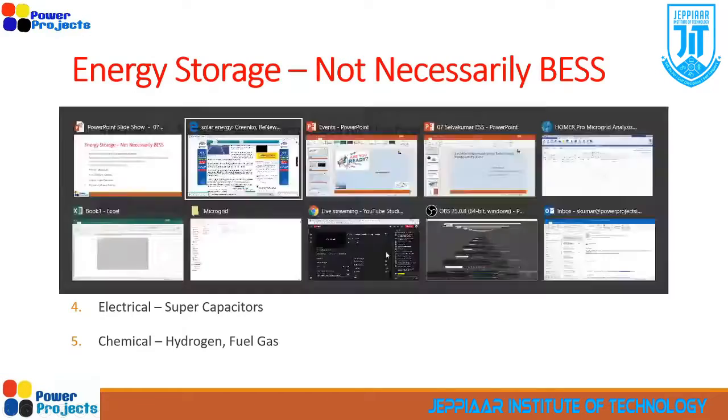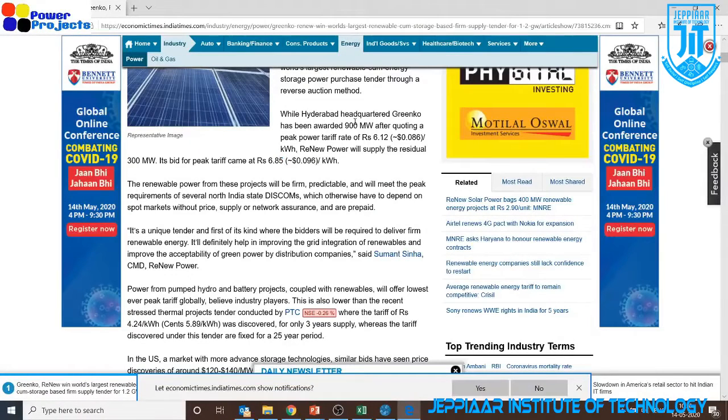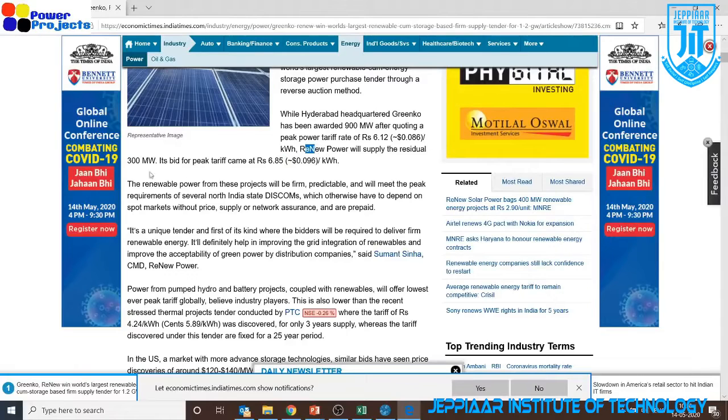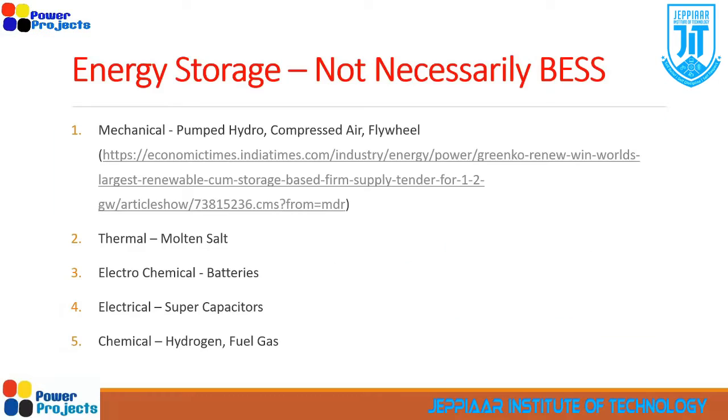One important point I need to stress here is this Greenko 900 megawatt solar. They are going with pumped storage, and Renew Power is going with the 300 megawatt along with battery energy storage systems. Why have I stressed all these things? Because we are not going to talk about all the energy storages today. We are just limiting our discussion to battery energy storage,